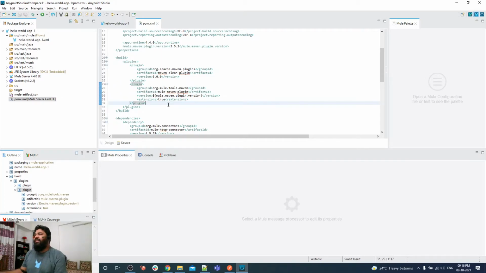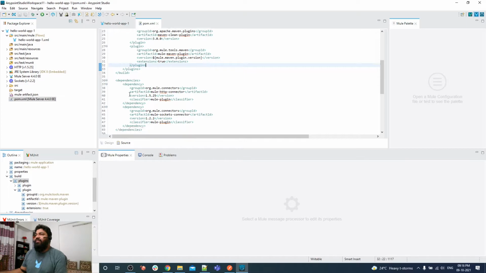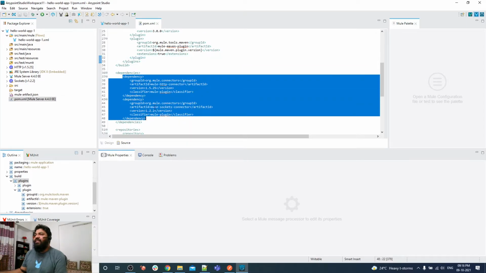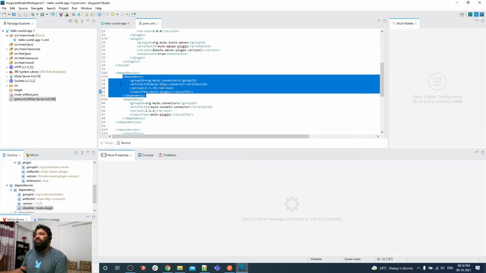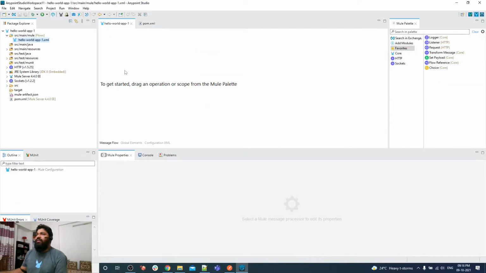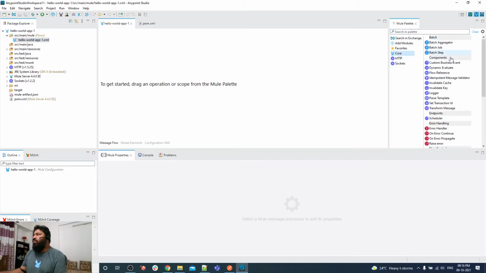This Mule Maven plugin is used. And if we go below that, you can see those are the dependencies. When we deploy our application to Mule standalone runtime, there are core things: batch, component, endpoint, scheduler, error handling, flow control, scope, transformation.